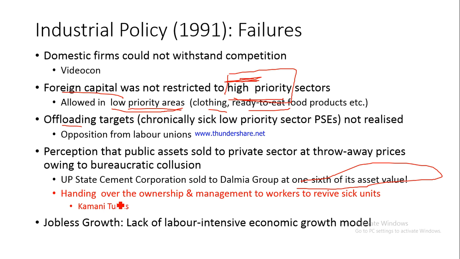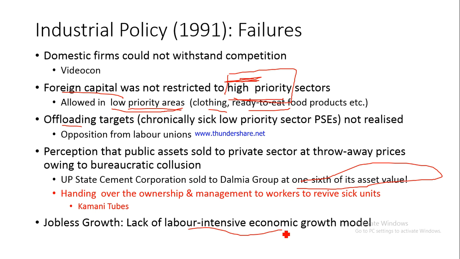One reason why this happened was that we could not come up with a labor intensive economic growth model. Labor intensive economic growth model would mean we are relying on, encouraging, stimulating, helping, assisting those industries which were more labor intensive. Such industries include, if you talk about the sectors, you understand that secondary sector is far more labor intensive than the service sector. So sector wise, we could not encourage manufacturing sector or the secondary sector.